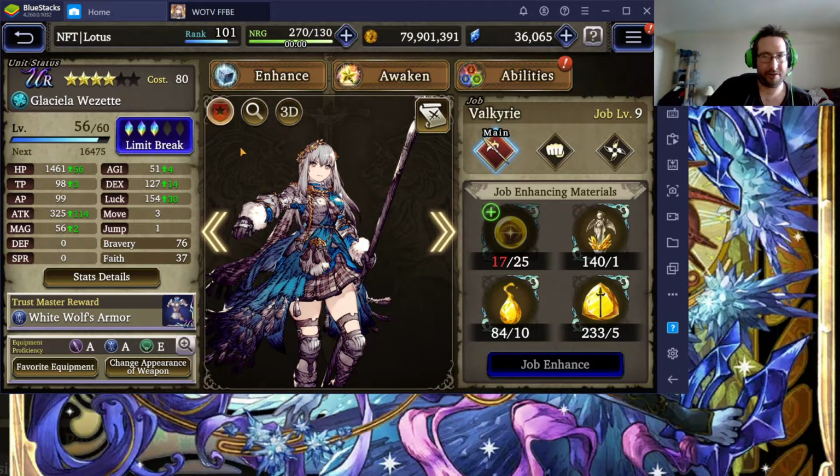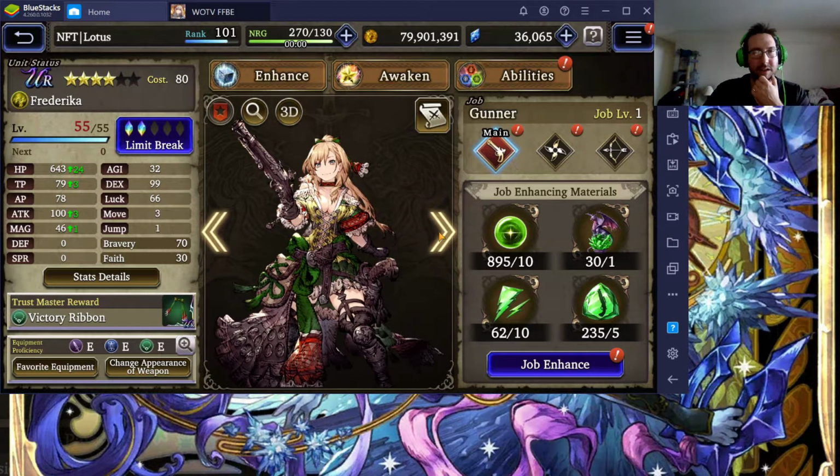She's a good unit all around as well. She's also a Lancer, which you don't see very many of, and piercing is strong against a lot of tanks. Not that we need to really worry about tanks right now with how many units have defense penetration. Frederica, if you have her most of the way leveled up, I would go ahead and just get her, focus